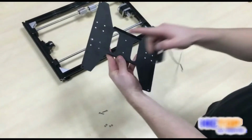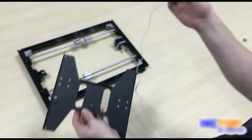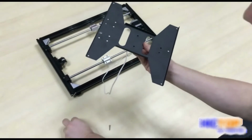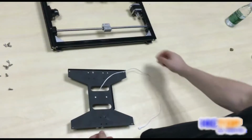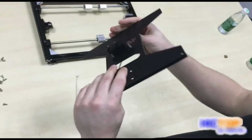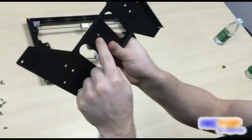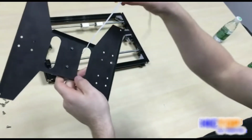Take our undercarriage mount. Notice the set with 2 holes and the set with 1 hole on the bottom. Taking our mount like this, fasten the undercarriage to the mount, take a screw and slide it. So we have taken our undercarriage, we've attached our belt anchor to it. If you can see closely, we have 2 screws attached to the bottom of this one. There. After that, we will take our